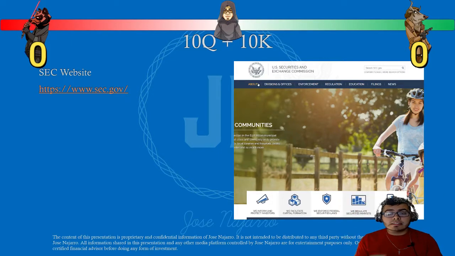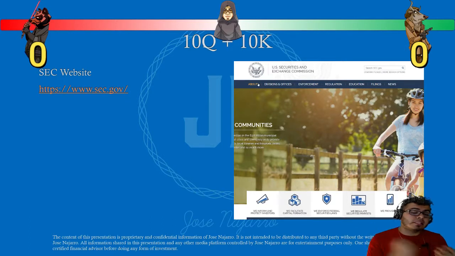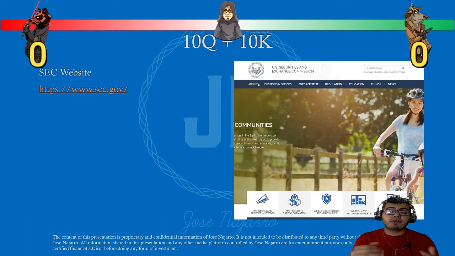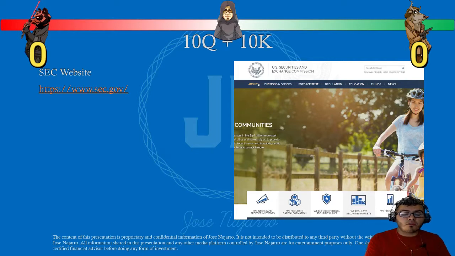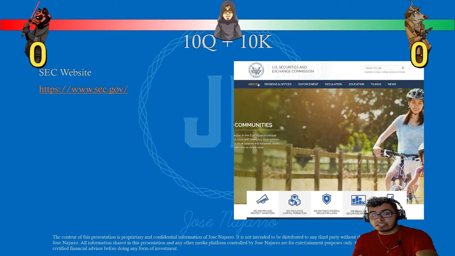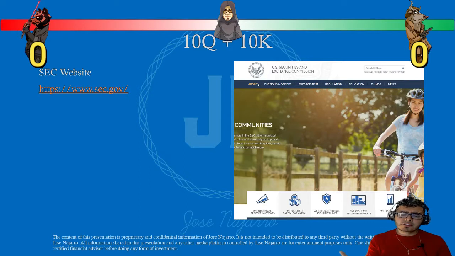And one thing to know is that you need to post a lot more information in the 10K report than in the 10Q report. So in the 10K report, you can find a lot more information that you might not find in the 10Q report. That's why it's important to always check. Even though you checked quarter 1, quarter 2, quarter 3, and quarter 4 in the 10Q report, I would recommend always looking at the 10K report as well, because there is some information that doesn't have to be posted in the 10Q report, but does need to be posted in the 10K report. And the easiest way to find these documents is the sec.gov